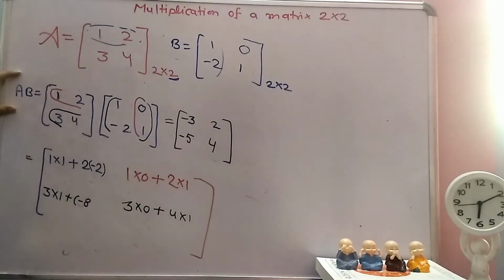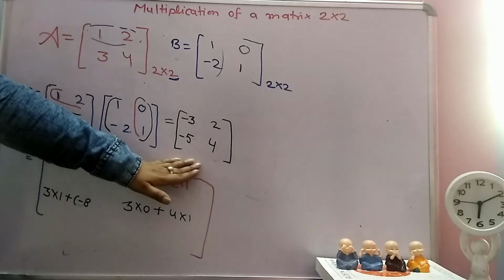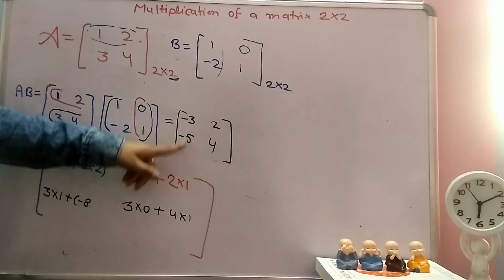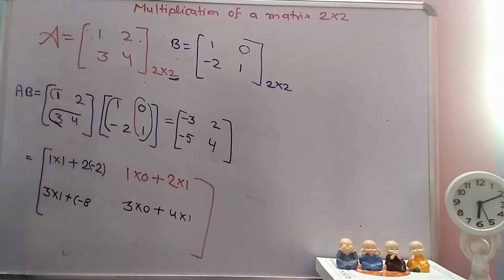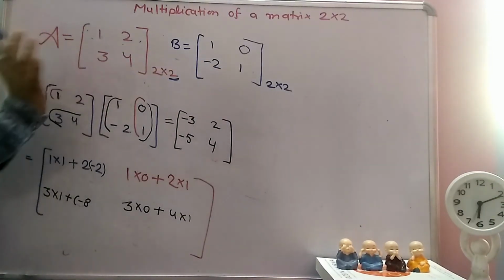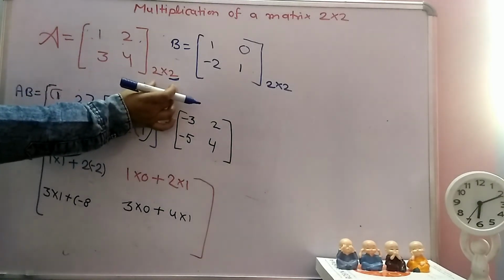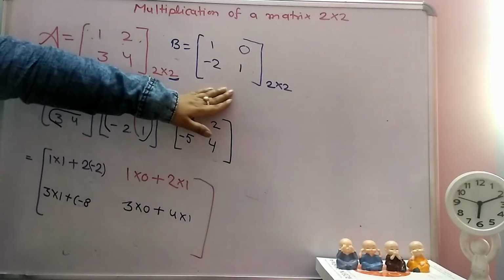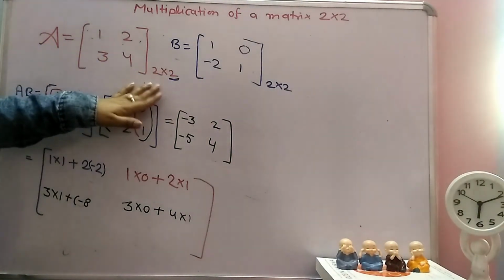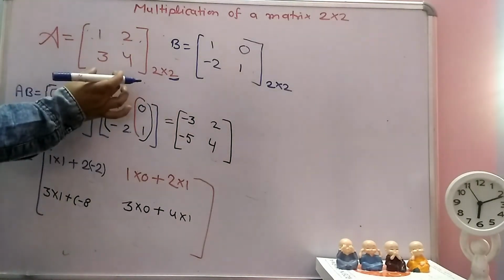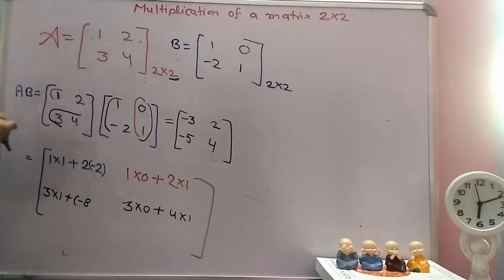Okay, when we multiply matrix A and B, we get a matrix of 2 cross 2. Here we get 2 columns and 2 rows in this matrix. Now let's recall the matrix multiplication method. So we take 2 matrices. First we check whether matrix multiplication is possible or not. When the column of matrix A and the row of matrix B are equal, then matrix multiplication is possible. First step is this. Now this is your 2 cross 2 matrix and this is your 2 cross 2 matrix.